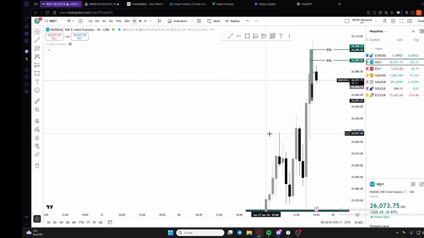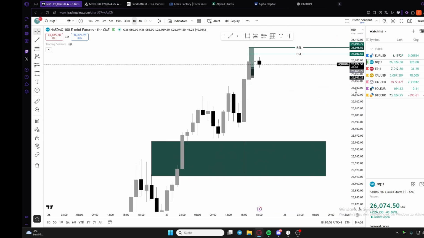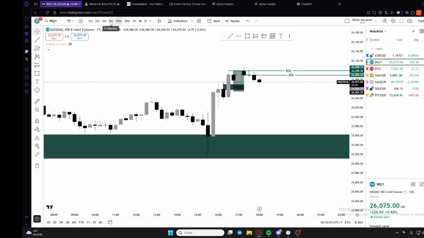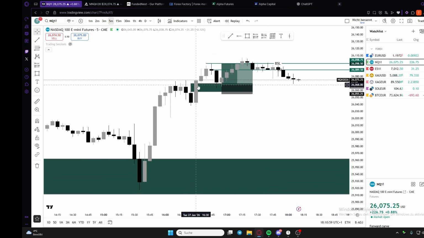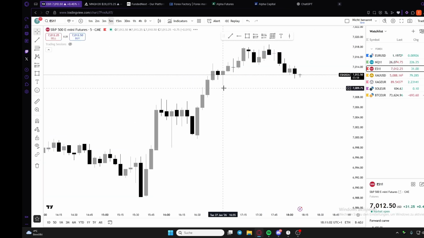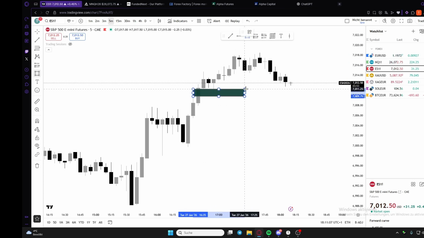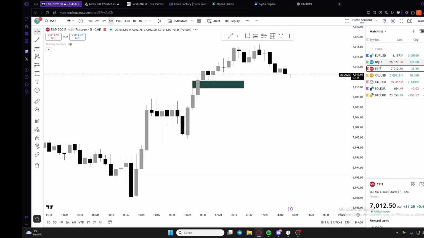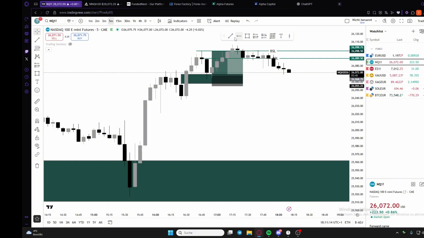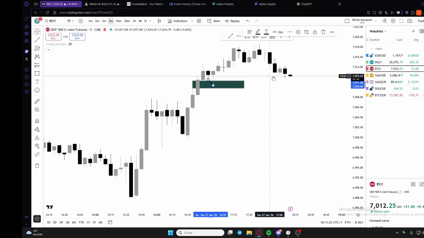Let me break it down for you. So we were really bullish overall on the day. We tapped into this 4-hour gap on ES, and we got a little bit of a retracement here in this 5-minute, and I was like, yeah, okay, maybe I get this 5-minute because we created new highs. On ES, pretty much the same thing with this gap. As you can see, I can mark it for you. It's pretty much the same thing, but the highs were higher here, and it's kind of a low time frame SMT, if you see this. This is a low time frame SMT on the 5-minute or 1-minute. It's 5-minute now, but I entered over 1-minute.